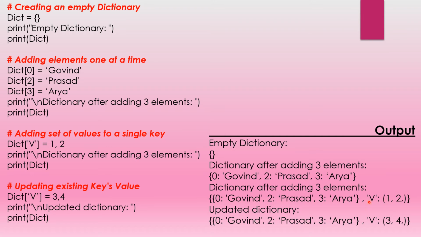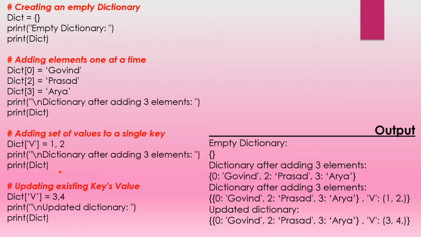If there are many values assigned to a single key, then it is enclosed in brackets, and key and value, as you can see, are separated by a colon. Now we will see how we can update existing keys' values. That means if we want to change the value of a key, how can we do it? So first, as you have to change the value of this key, how can we change it? So here it is written simply, dict. Then we will write the value here which we want to change. What we want the value to be, we will write against the key here.